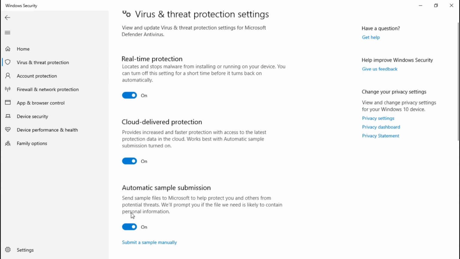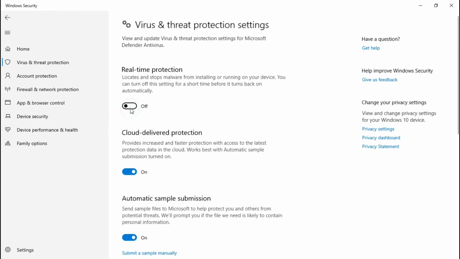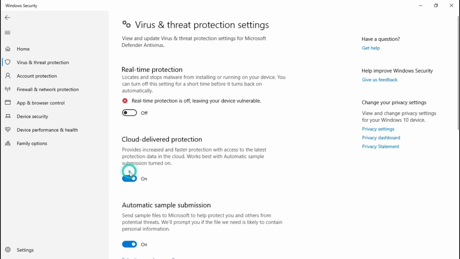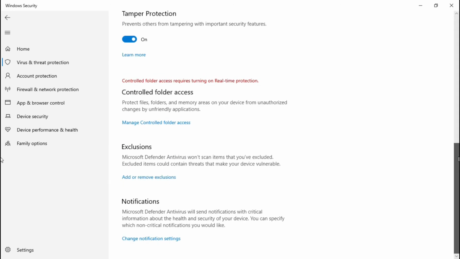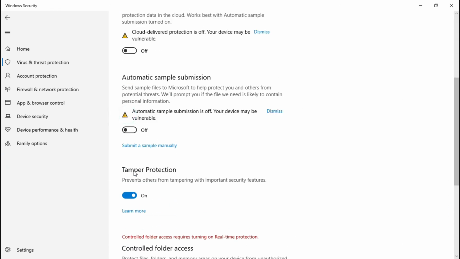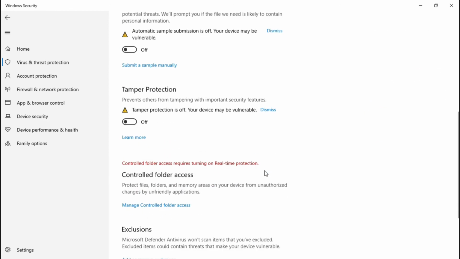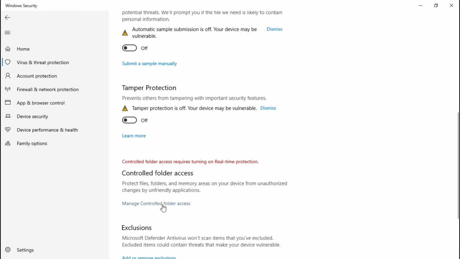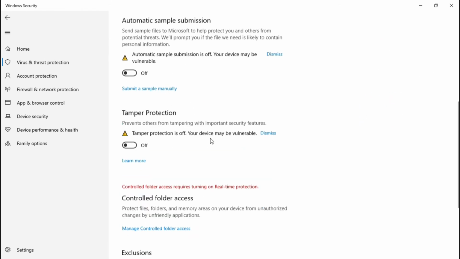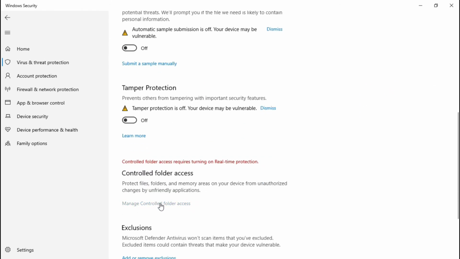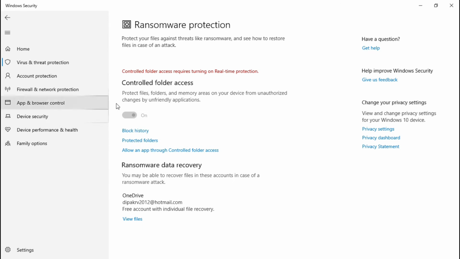Disable all these settings one by one. Once you disable real-time protection, it will also disable controlled folder access. So you don't need to do anything here.